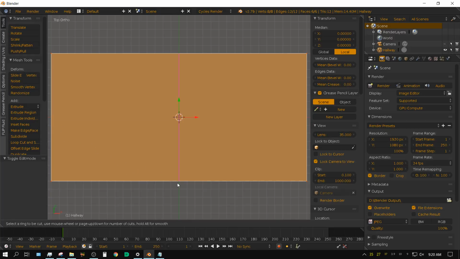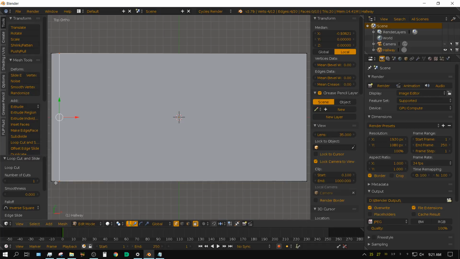Now I'm going to go right here and left click, then move the mouse over so that the loop cut is right there, and left click again to release, and this will be our back wall.